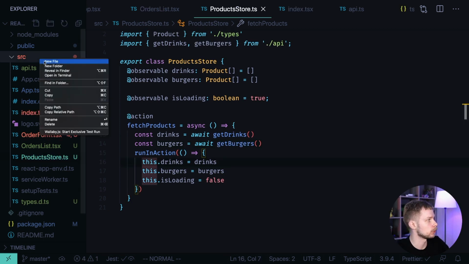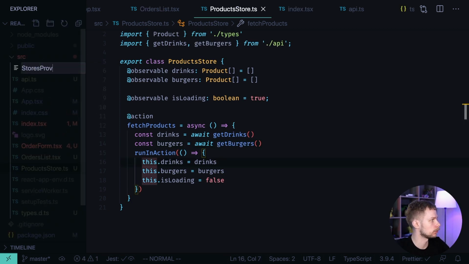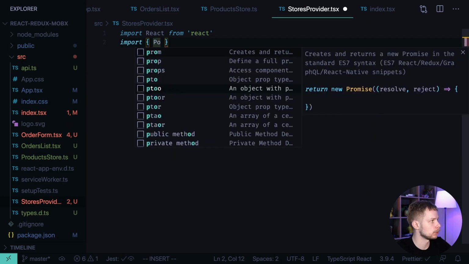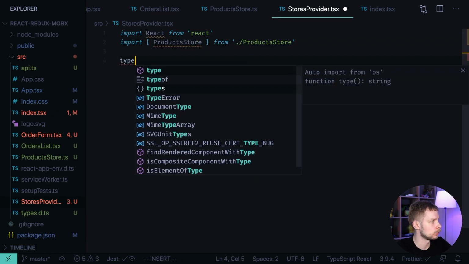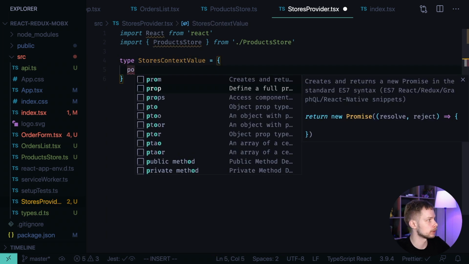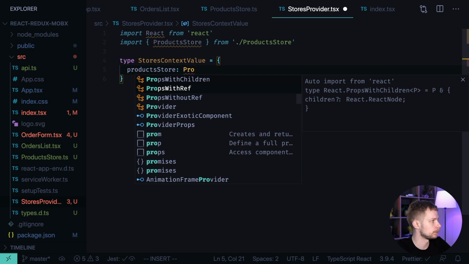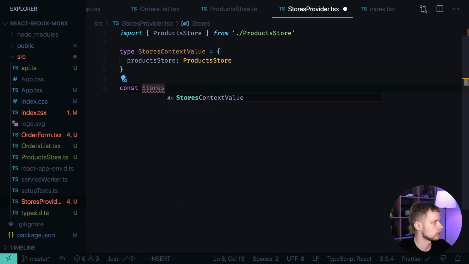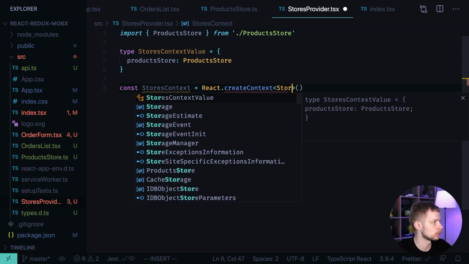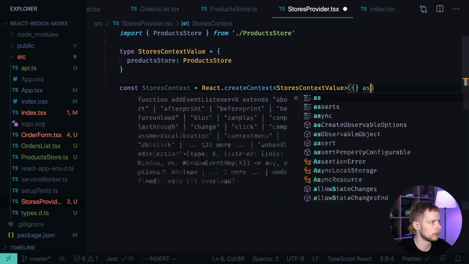Now let's define our stores provider. New file, stores provider.tsx. Import React from React, import product store from product store, create a new type for the stores context value. For now it's gonna hold product store of type product store. Define the stores context equals React create context of type stores context value, and we pass a default value as